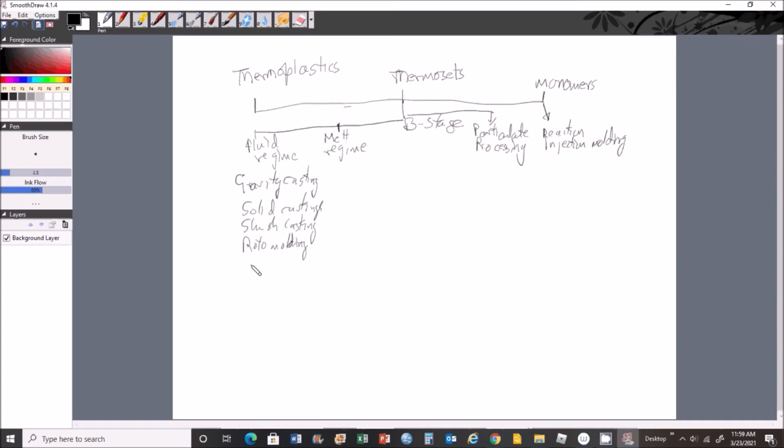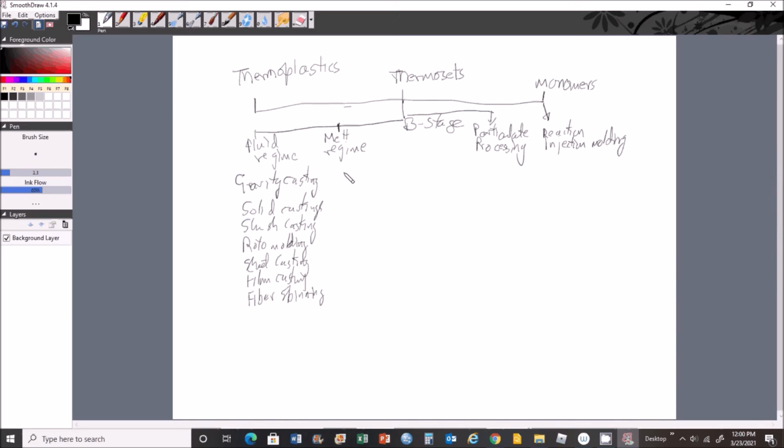Sheet casting and film casting, and then you have fiber spinning, if you are really developing fibers. For example, in current time, you would recognize face masks, and these are typically made out of the melt-blown fiber spinning technique,